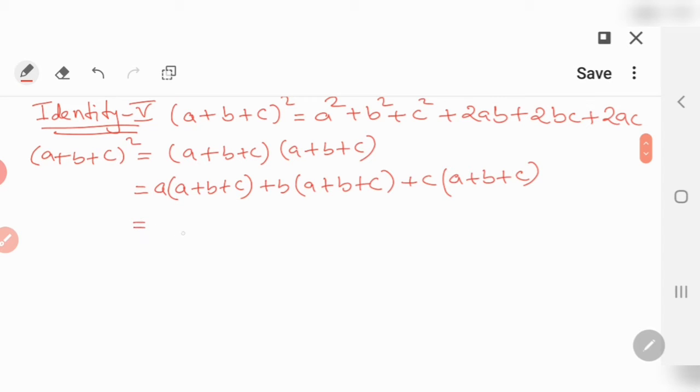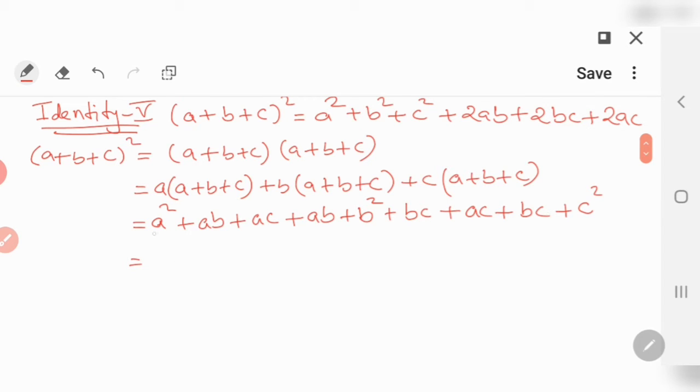Now you multiply and see, a into a how much? a square. a into b, ab. a into c, ac, plus b into a, ab. b into b, b square. b into c, bc, plus c into a, ac. c into b, bc, and c into c, c square. Then